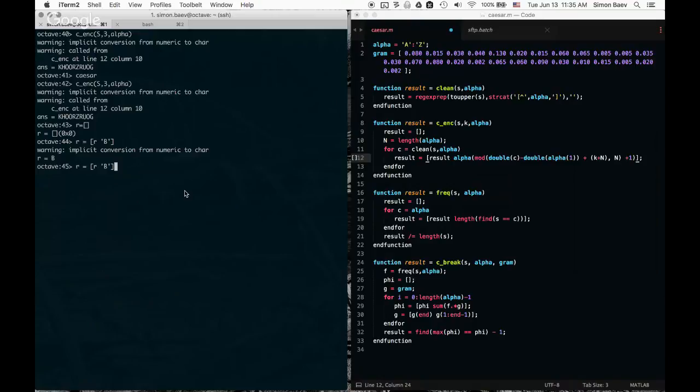So what will be the workaround? Okay, that could be a workaround. We first convert the array to character, array to string actually, before doing any manipulation. Or we actually can